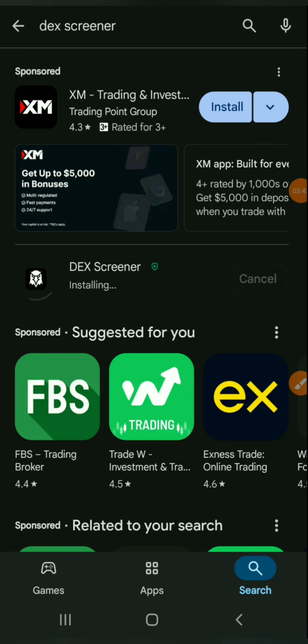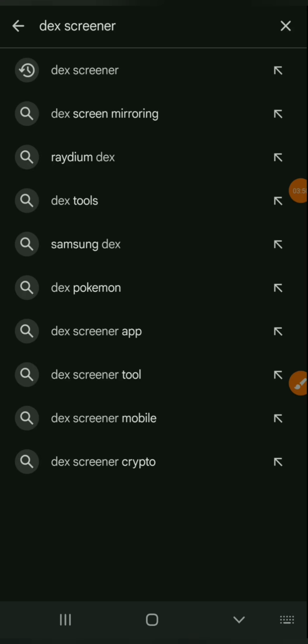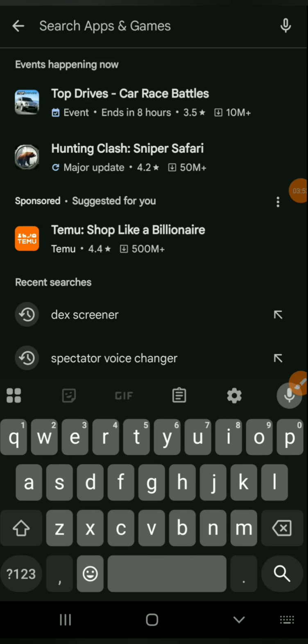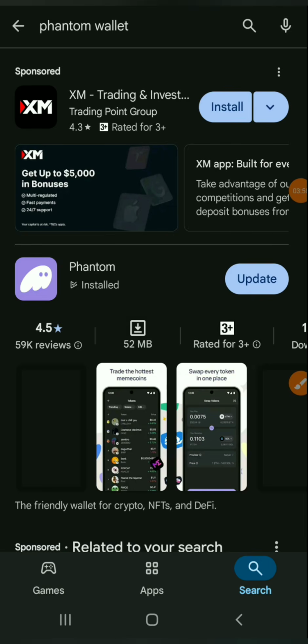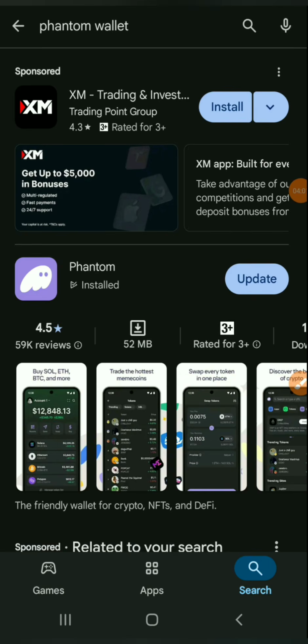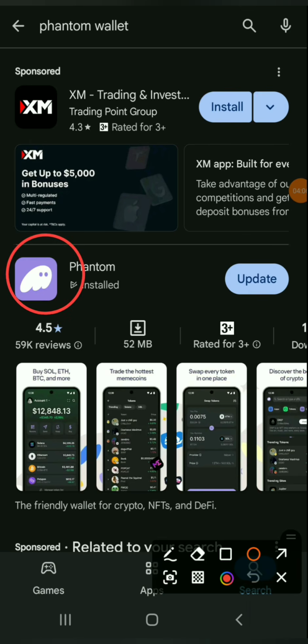So after downloading or installing DEX Screener, all you have to do is to install the Phantom wallet. Let me show you how you can do that. If you don't have a Phantom wallet, just search for Phantom wallet, just like this. You're going to see the Phantom wallet appearing. The logo should look like this. So all you have to do is to click on install. Mine is showing update, so I'm just going to update it and then go back to my DEX Screener